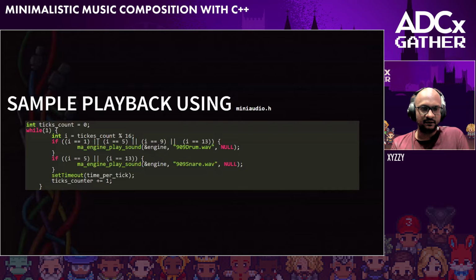This is the simplest thing you could perhaps do. I am basically using this library called miniaudio.h, and it's a single header library, so it's very easy to get started in your projects. You can simply load a 909 wave, and you can load a snare. I've started a small timer, and I'm just increasing the tick count, and then I'm able to play the 4-on-4 kick. And then I'm able to align the snares as well. So this is basically the simplest thing you could do today to make some simple sounds with C++.